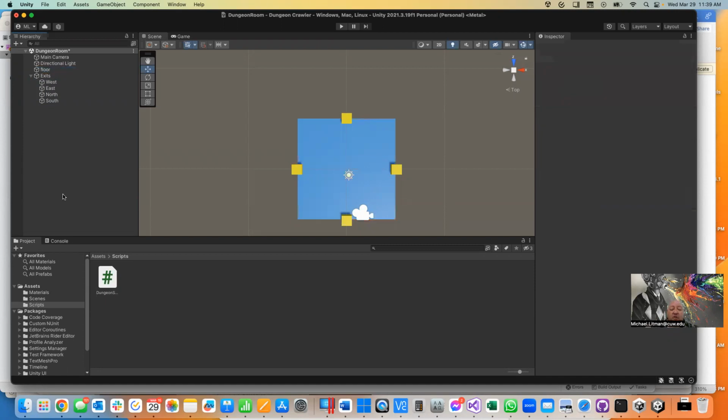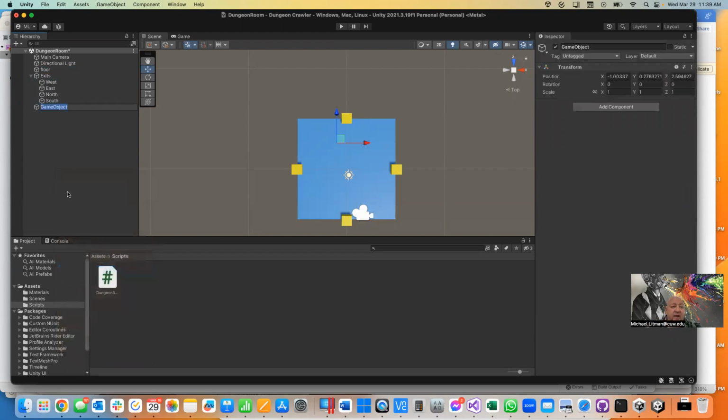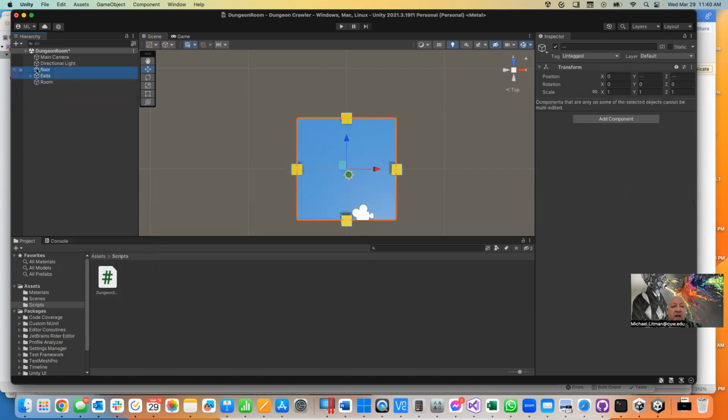Otherwise, what you could do is I could create an empty game object here. I'll call it room. And I'm going to drag my floor and my exit into room. So what we can do now is let the room empty game object have a script associated with it. He kind of dials in himself. He doesn't need to know about the floor because he's never going to make the floor disappear, at least not in our current game. So we'll let our room